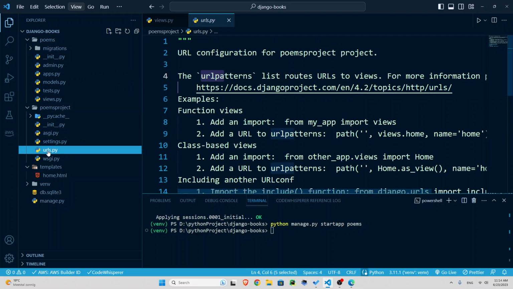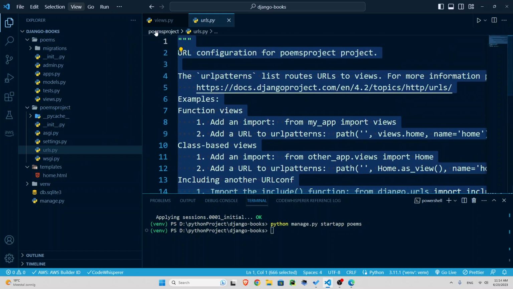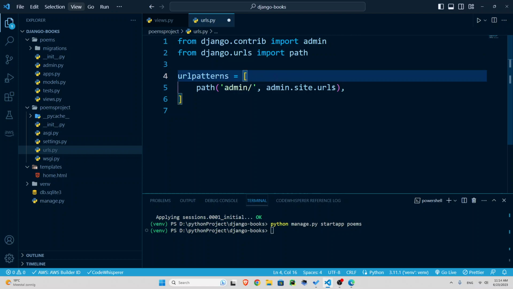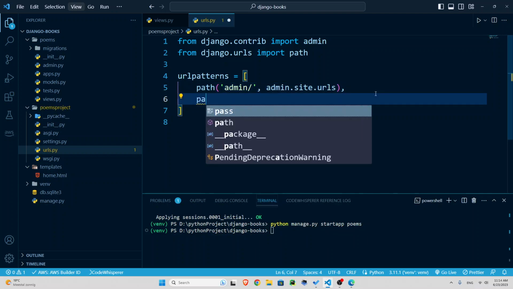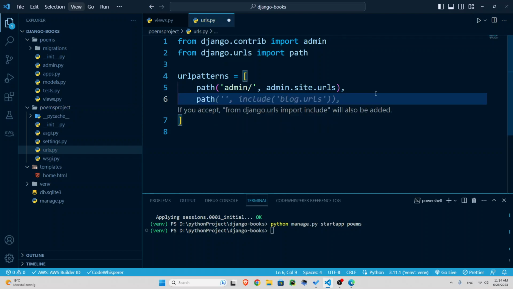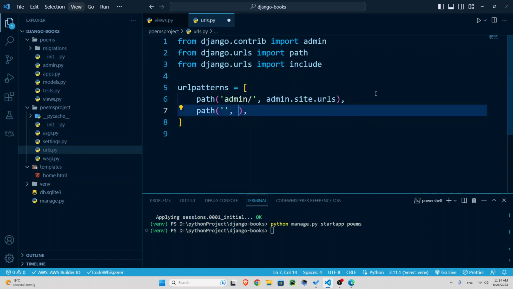That's why I need to go to the URLs in my Poems project, URLs, and here, let's get rid of all these, and here inside the URL patterns, I should specify that when someone goes to this path, what should happen. So let's say path, and okay. So when someone goes to this path, this is like basically regular expressions. So this path, there is nothing. That is website.com. So whatever your website is, .com, for example. That's it. When someone goes there to the root directory of your website, and not -about, for example, not that,